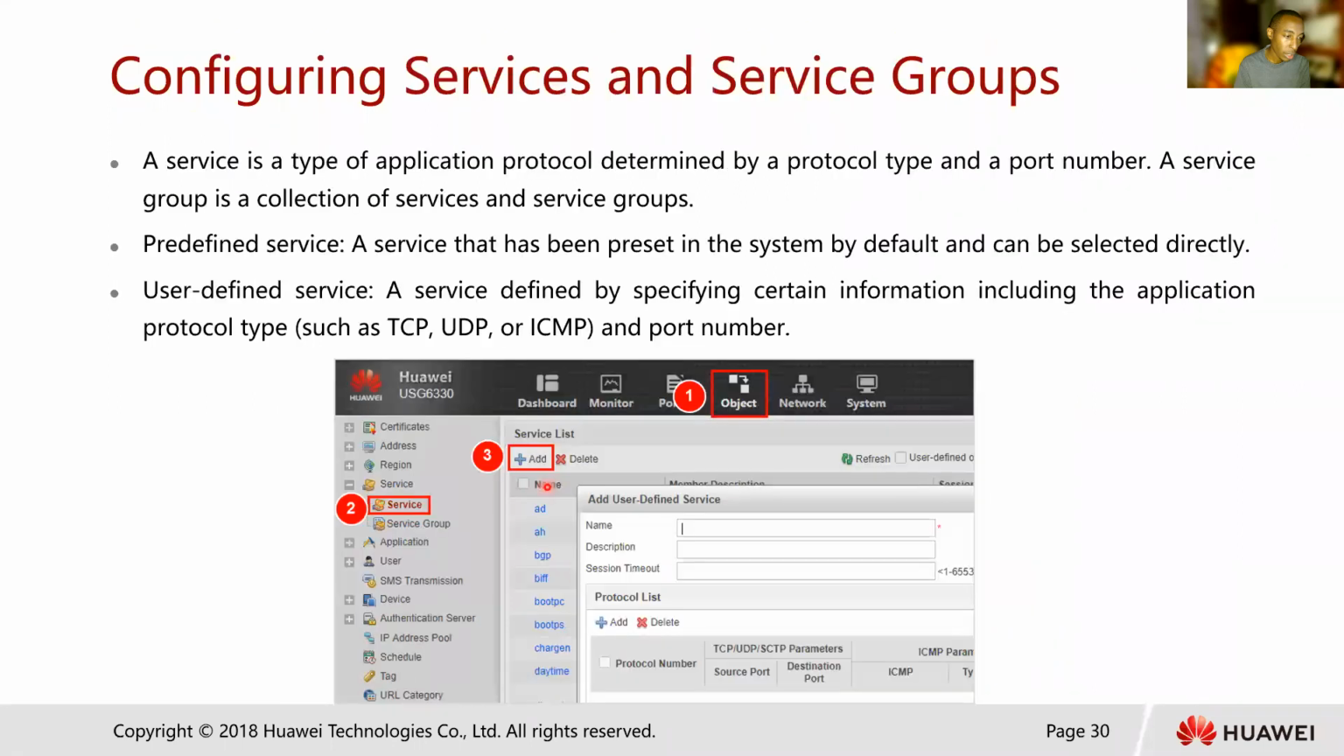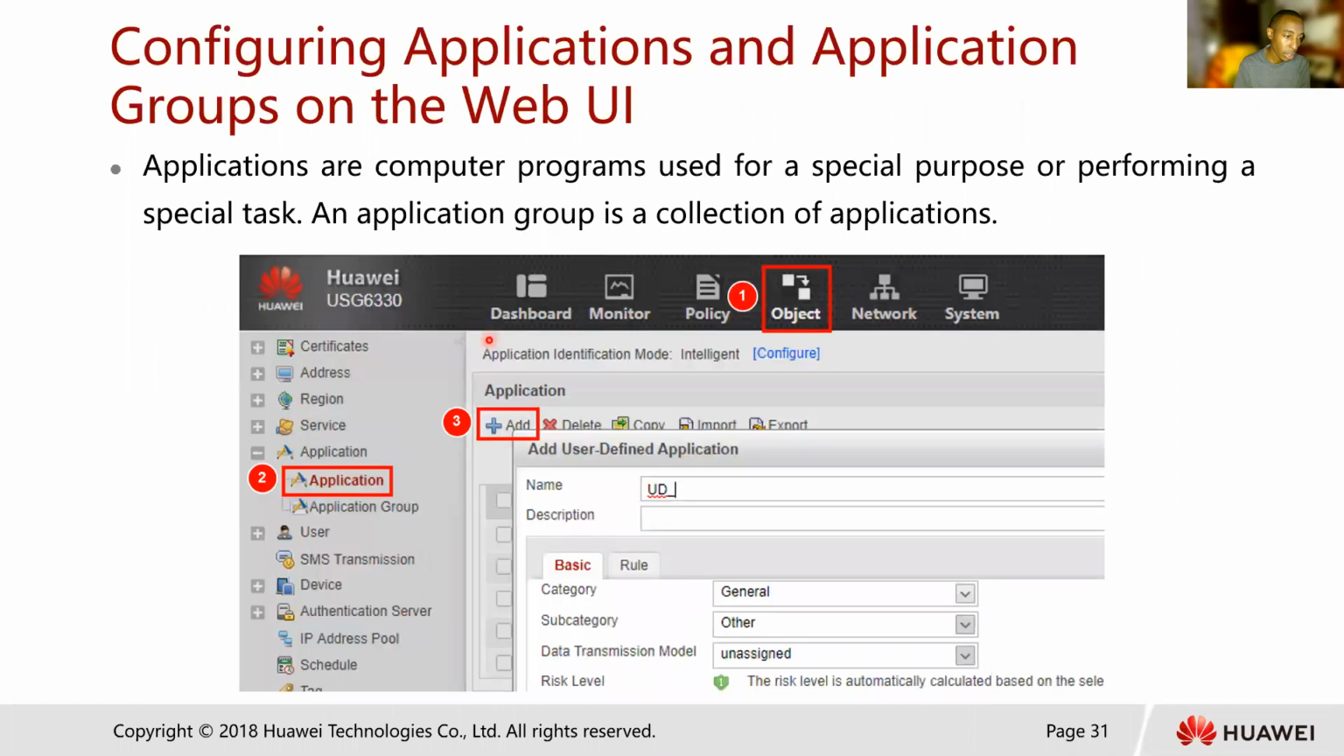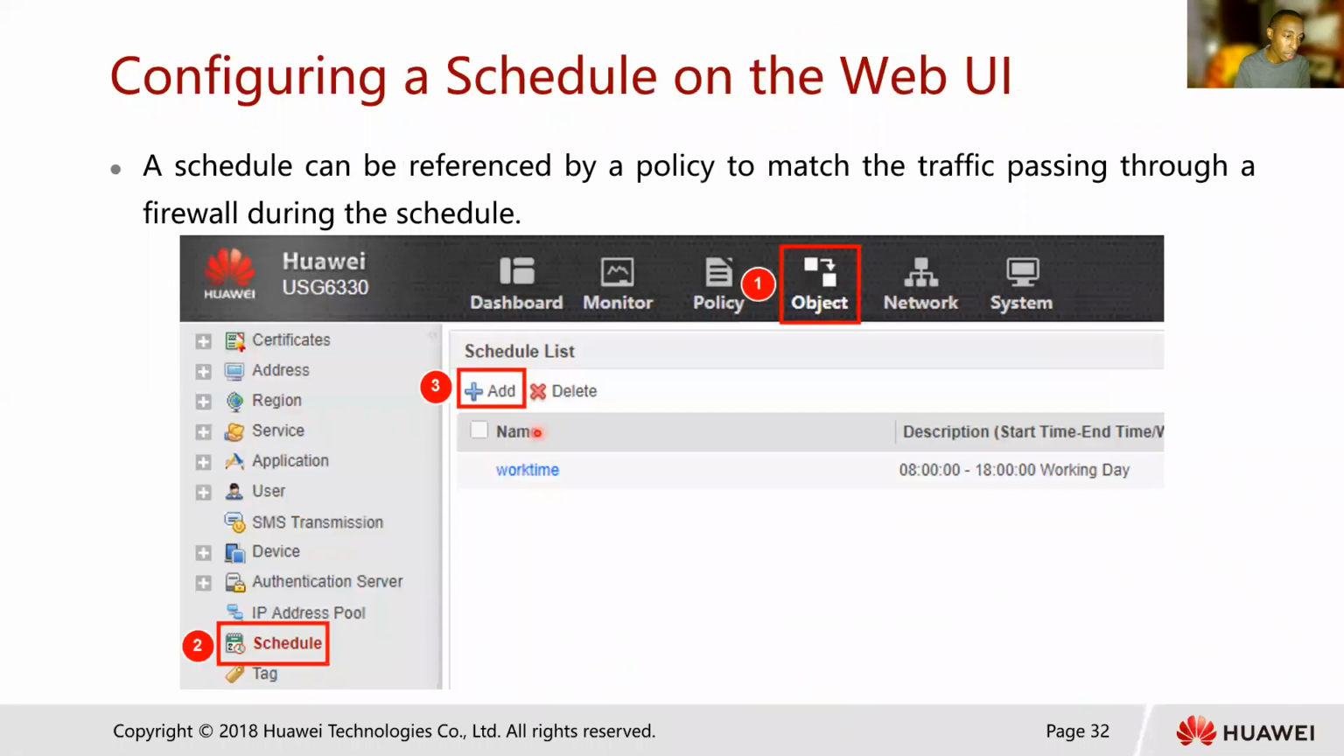So you can configure some of the service and also service groups. Same case, it applies the same way. You click on object, go to service, then click on add, and you can add some of the service groups there. So it'll allow me to move a bit faster here because you're not doing it practically. You're going to try it out. You have the lab guide with you, I hope. So applications, you can also configure applications and application groups. Same case, object, application, and then you can click on add, the way the steps are. How do you configure